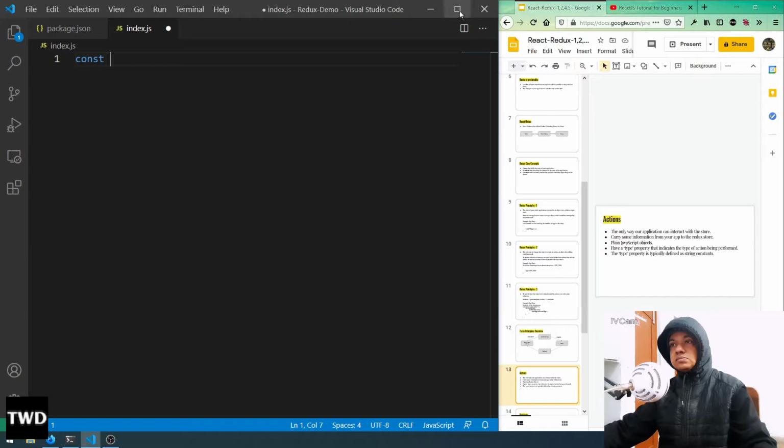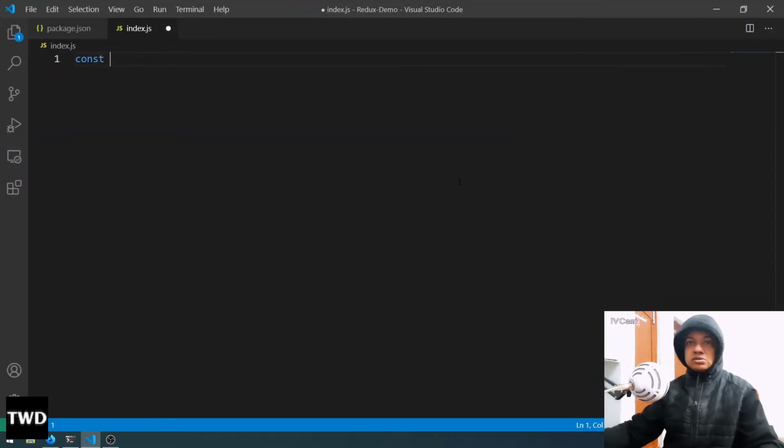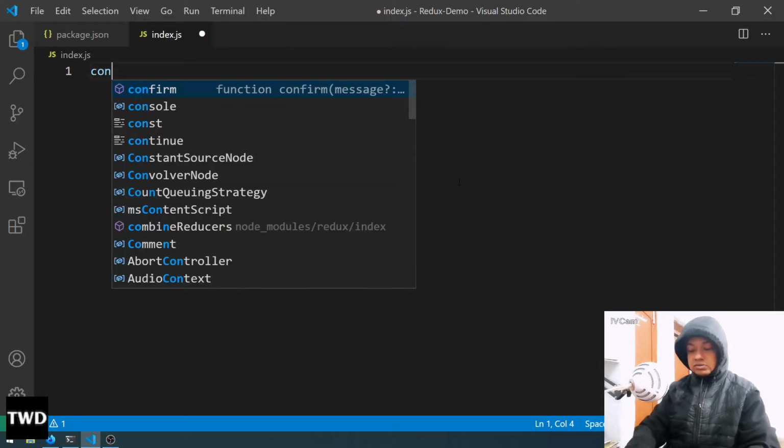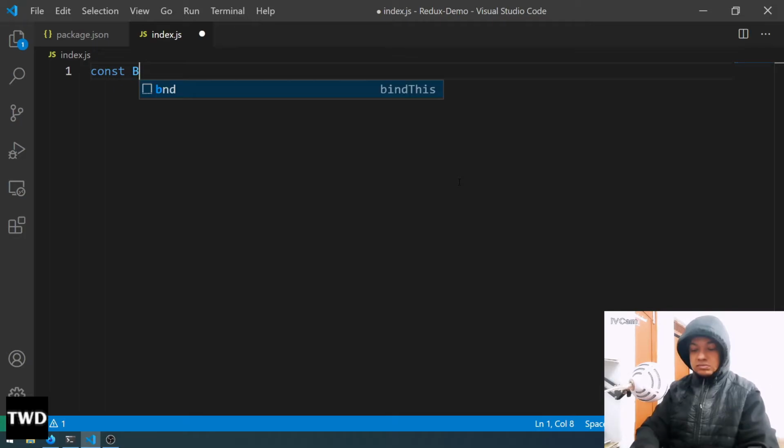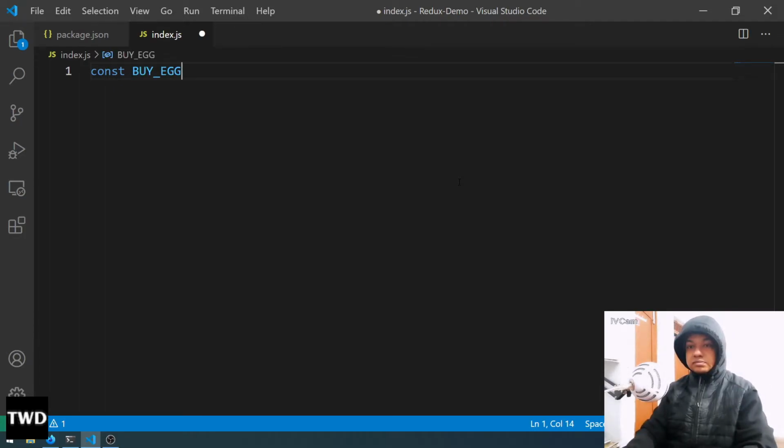Let me increase the font size. Const BUY_EGG equal to BUY_EGG. So we are using this,